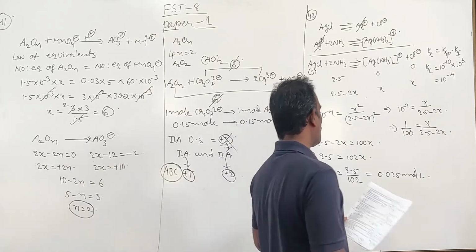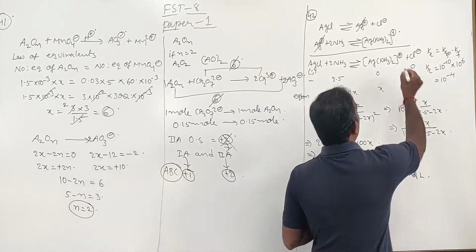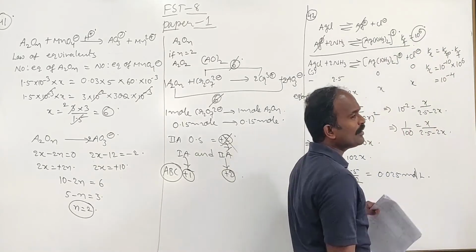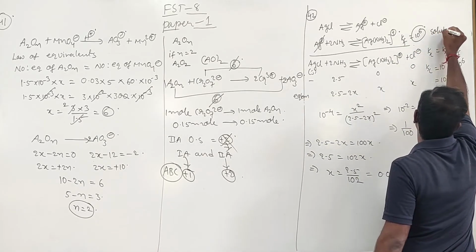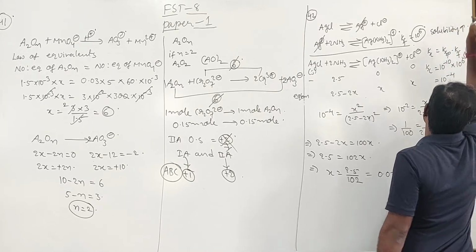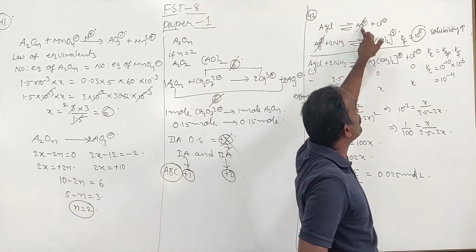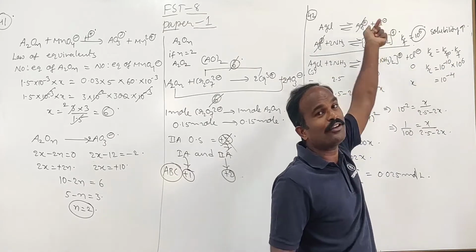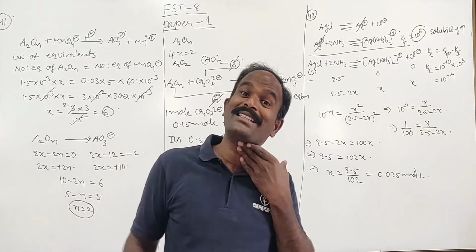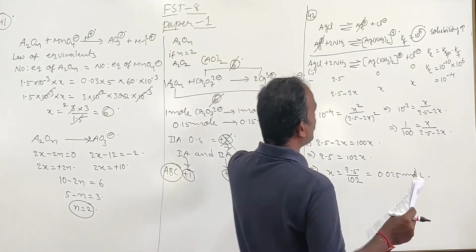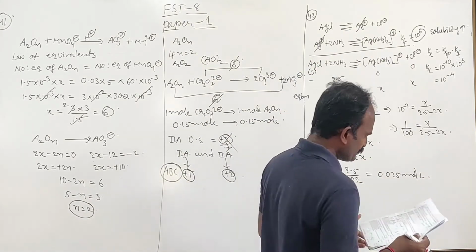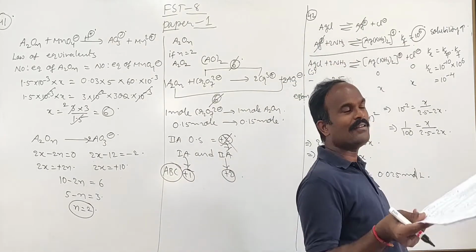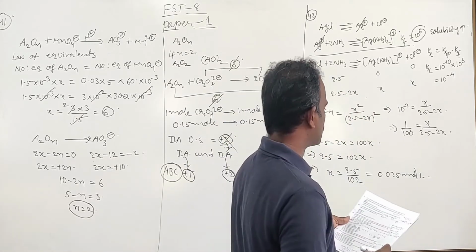Solubility of AgCl will increase in ammonia solution. That is what we already mentioned, because its Kf value is quite a brilliant value, 10 power 6, which means definitely the solubility increases. Why does the solubility increase? Here AgCl gives rise to Ag plus and Cl minus. Now after adding ammonia, equilibrium will be shifted towards the forward direction. Therefore the solubility of Ag plus, which means the concentration of Ag plus present in the solution, increases, or more dissociation of AgCl will be there. That's what we need to understand here.